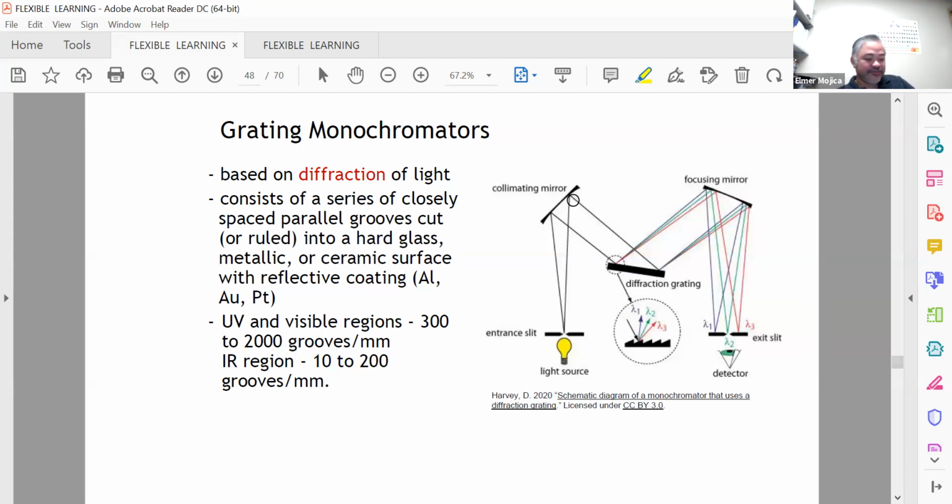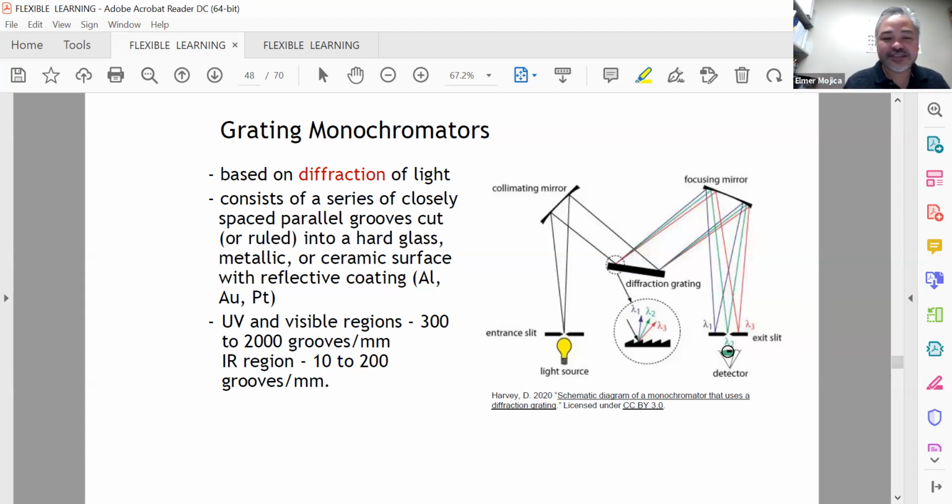Okay, so in the collimating, we produce a parallel beam of the radiation, and then it passes through this diffraction grating, and then that's where it has this focusing element, which is the mirror. And then by the time it goes out, it is already of a particular wavelength. So if you look at this, it consists of a series of